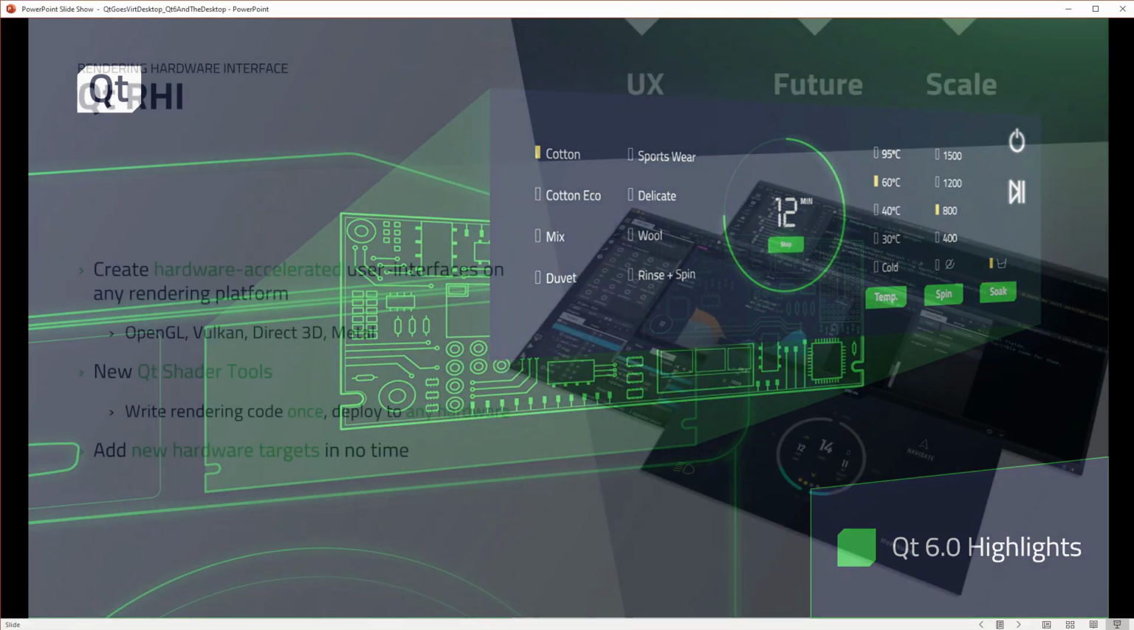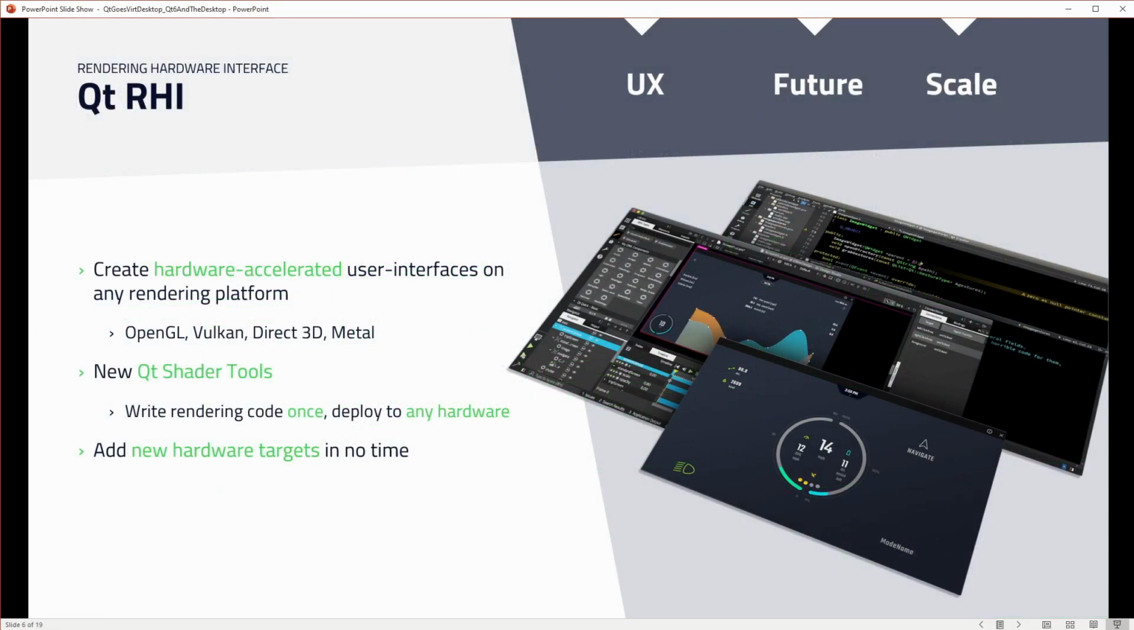First of all, let's talk about RHI, meaning the rendering hardware interface. That's an effort which has been ongoing for quite a while, but we have been able to do quite a couple of bigger feature additions and updates in Qt 6 to that. So for those of you unfamiliar with the RHI,